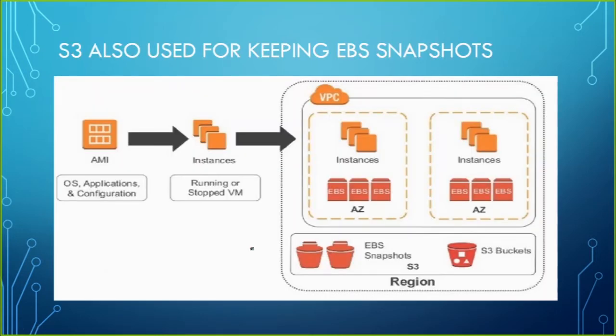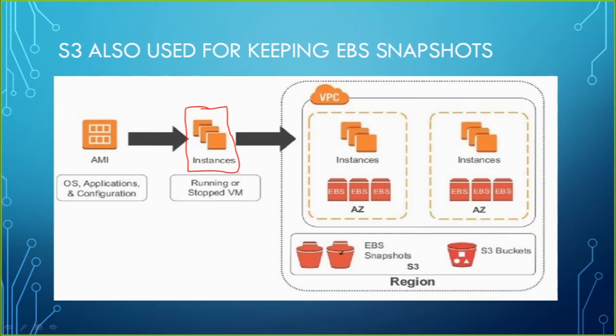Next we are going to talk about what the basic uses of S3 storage are. In the previous session we also talked about S3 storage details. We have learned everything about S3. Today I want to add one more piece of information: S3 can even be used to keep the backup of EBS. EBS is what? If you remember, Elastic Block Storage. When you create any instance on AWS, it is going to have an attached hard disk, and that hard disk is nothing else, it is EBS.